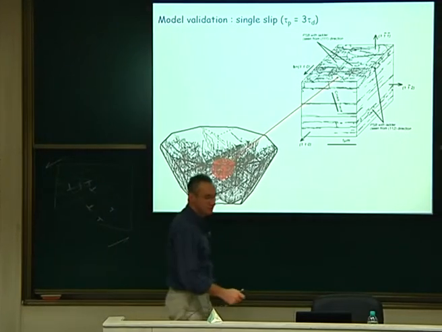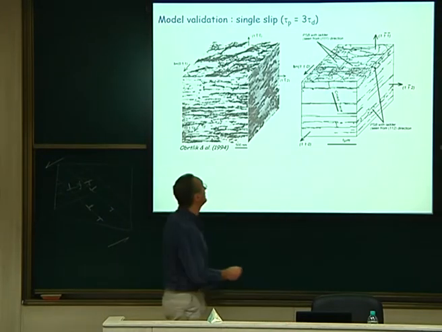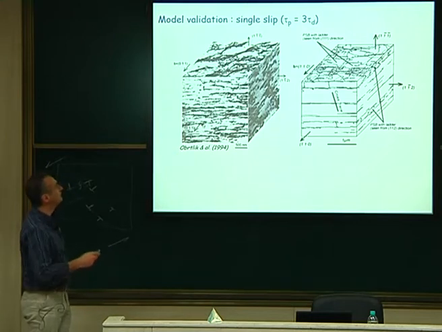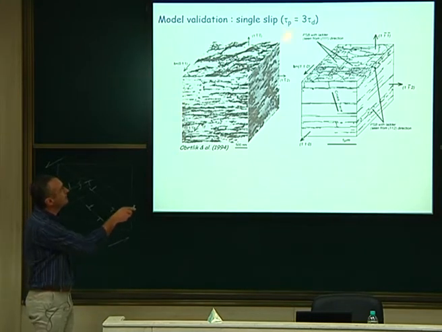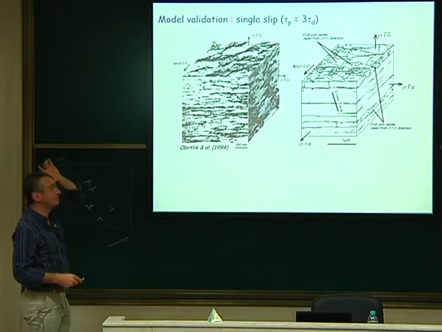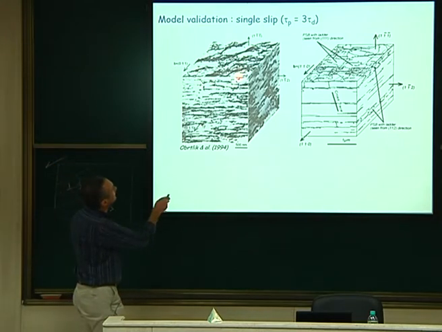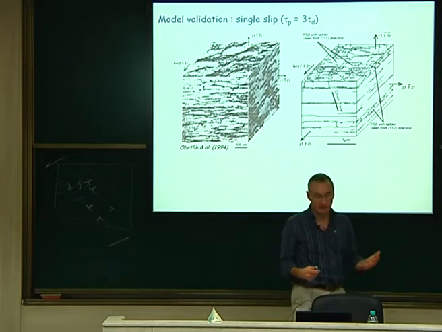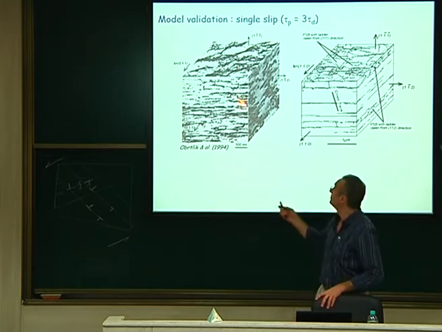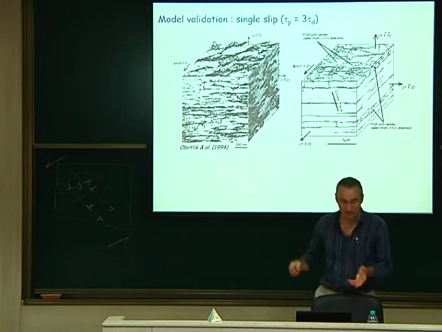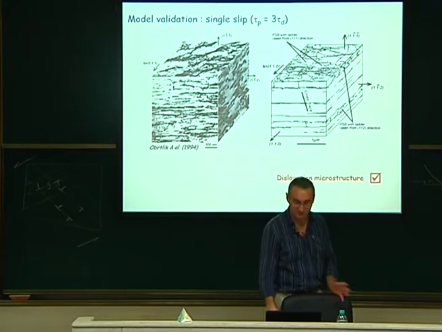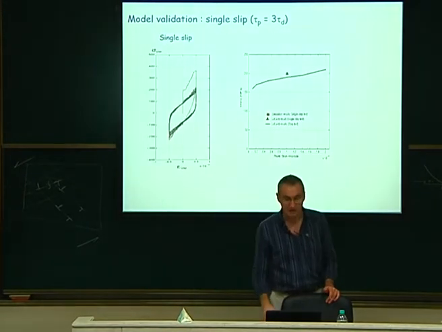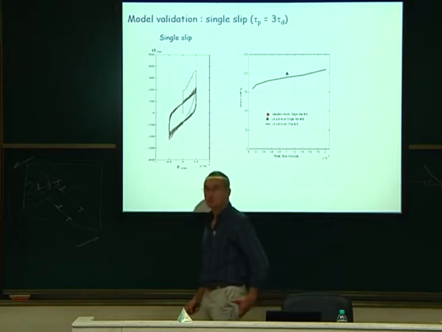And just to convince you, if you look in literature, you will see similar patterns. For example, from the Czech group here, you see some very planar structure when they were applying a pure shear cyclic load on this sample. Their cells are a little bit maybe more defined than ours, just because they went to a higher number of cycles, but it's much similar. So to start with, we say, okay, the code can do something in fatigue. At least we have some self-organization of the dislocations that may be realistic. So we say, okay, we can believe something is happening there. Let's go for the mechanical behavior. Is it also correct or not?